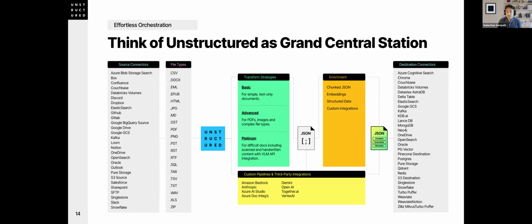So we use a concept known as ensemble parsing, using object detection models to first understand the content in a document. We then strip out the text and send it to our Basic pipeline. We'll strip out tables and send them to our Advanced pipeline. And for really complex images, such as the genomic sequence I was mentioning earlier in the presentation, we'll send them to our Platinum fine-tuned VLM. We then extract all that information. We use custom third-party integrations such as Amazon Bedrock, Together AI, and others to get embeddings, enrichments, whatever we might need to do. And we'll stitch it back up into this.